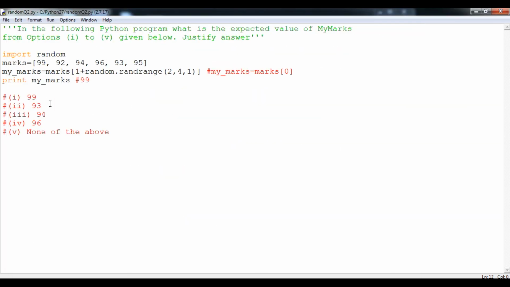So it means to say, student, option number 2 is correct. That means 93 is correct, and 96 is also correct, except that other values are false. So we have justified our answer with the help of the indexing values covered by the randrange function.